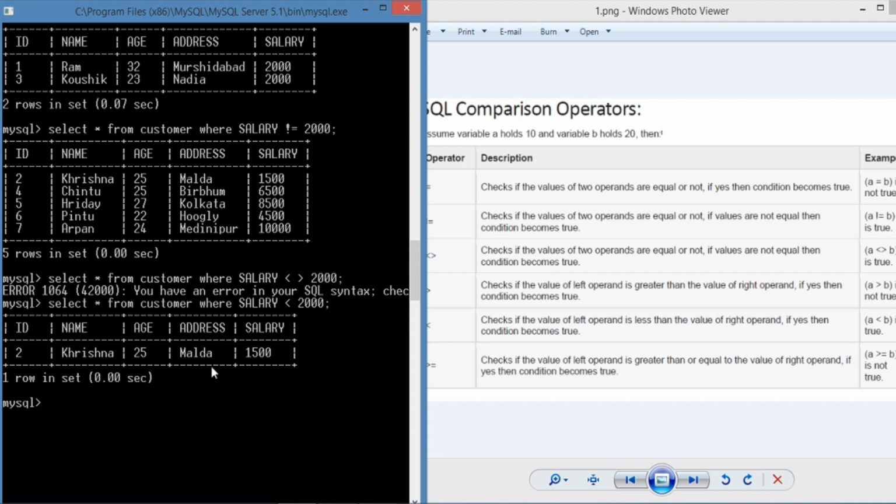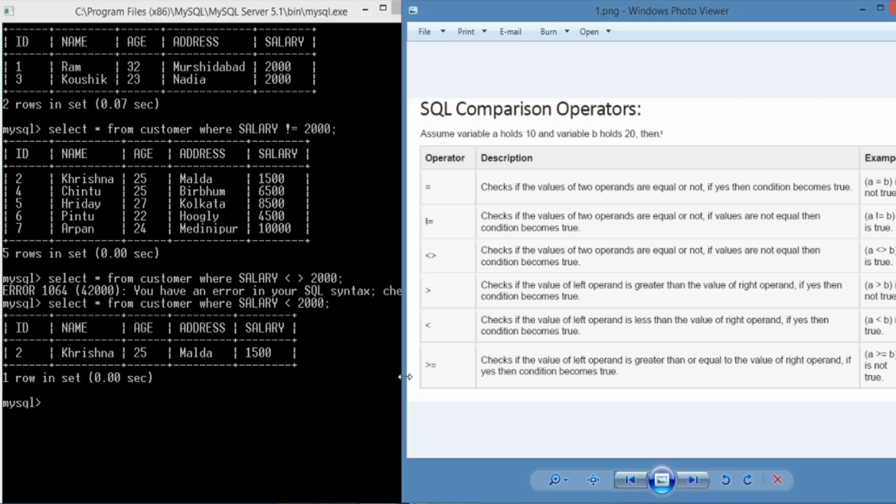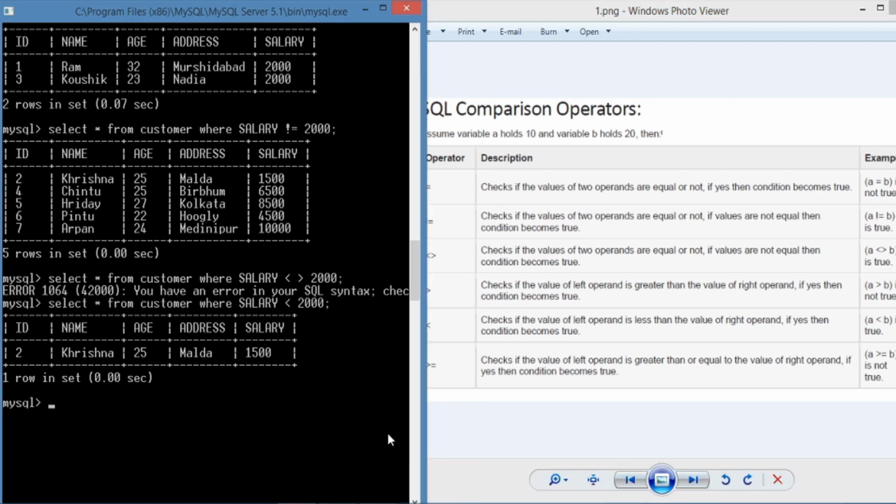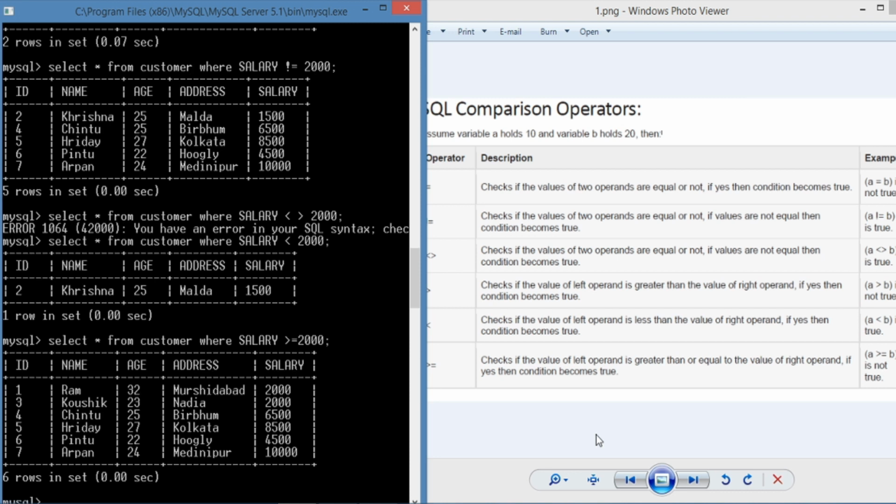Next I perform the operation greater than equals to. See the results. Ram, Kaushik, Chintu, Hriday and Pintu, Arpon have a salary greater than or equal to 20,000.